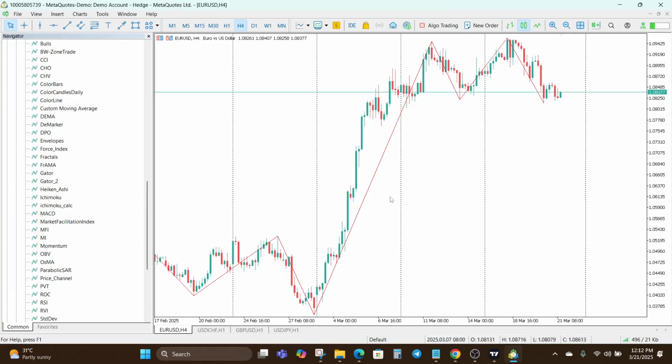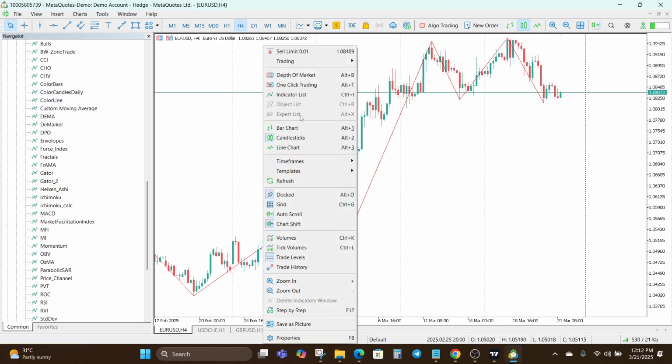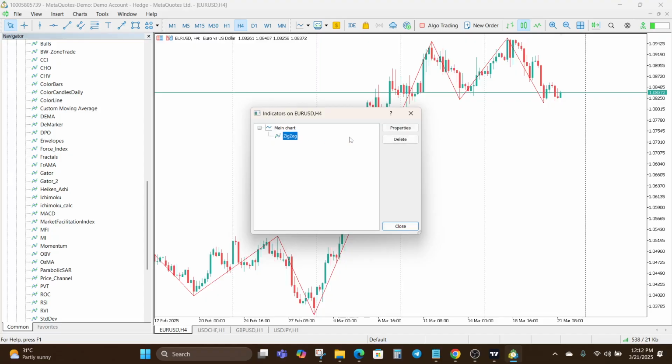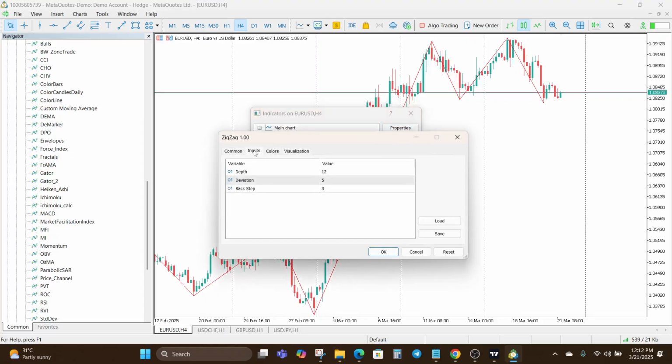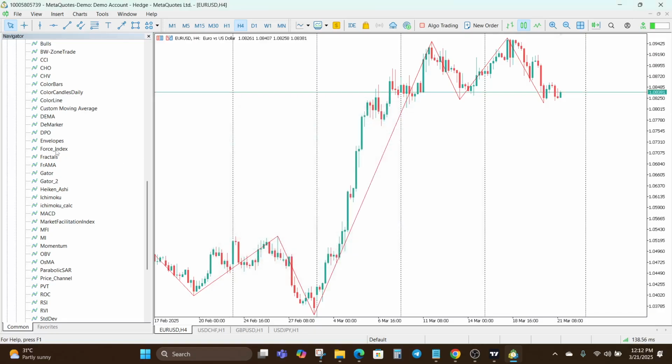Okay, if your indicator is not appearing in the navigator panel, you can restart your MT5 and check it again. All right, then if the indicator is on the chart but not displaying correctly, you can open the settings of the indicator. You can open the input tabs and maybe adjust the settings if necessary. Ensure that, if the option for DLL imports